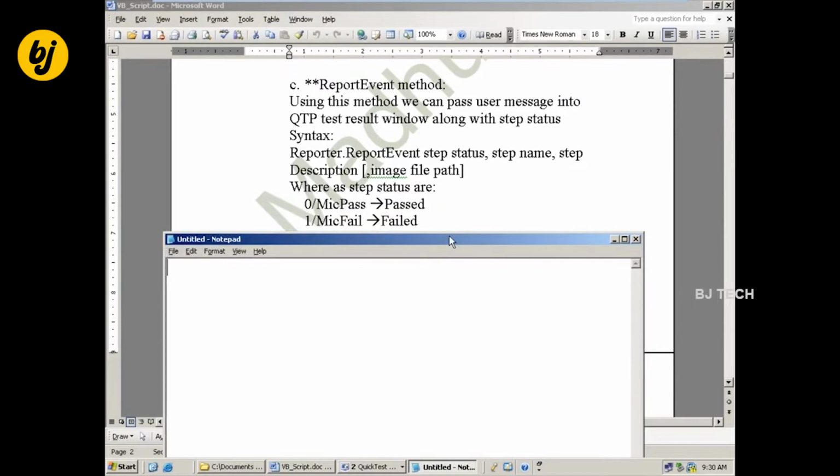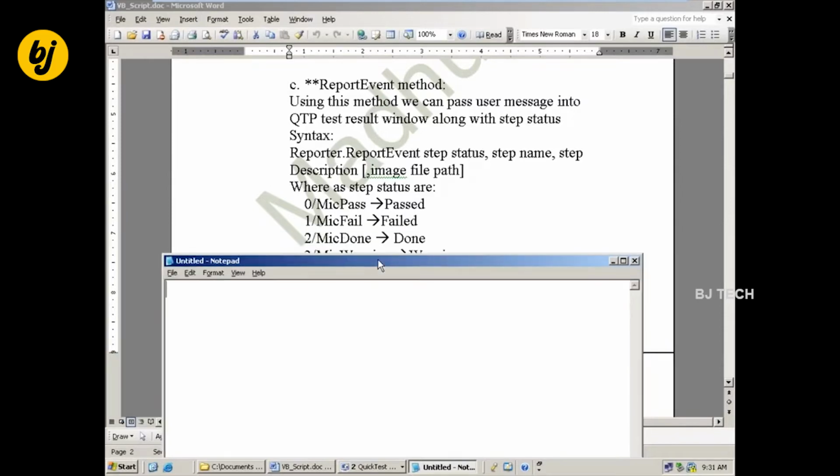Whereas step status values are 0 or MIC pass, the status is passed; 1 or MIC fail; 2 or MIC done. Either one you can use.